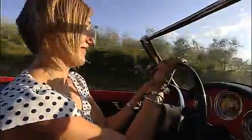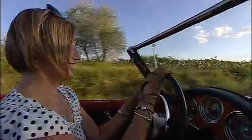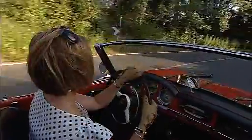This feels very different to the car before. I feel much more comfortable in this one. Time to say